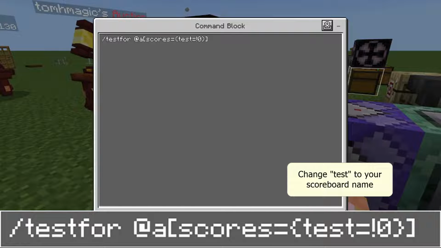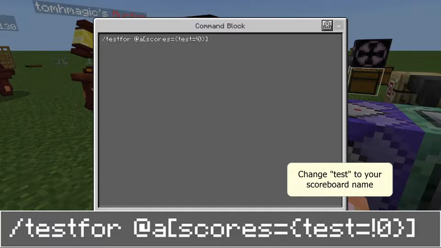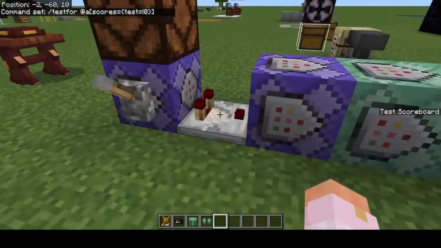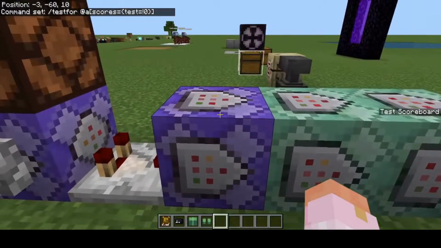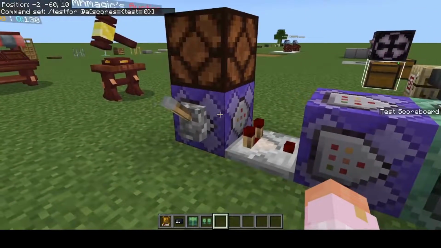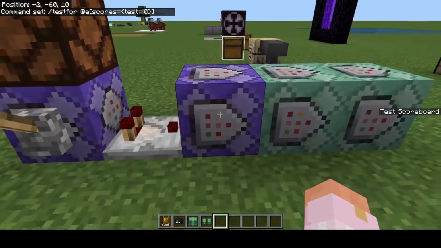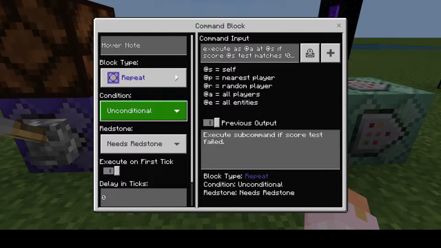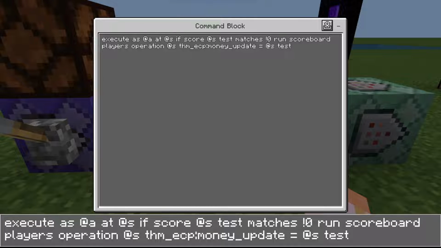So if it's money, coins, credits, cash, whatever you've called yours. This just needs redstone because I've got a switch for it, but you could have it always active and just a comparator going in to activate this. Like I said, this isn't 100% necessary, it's just something I do. Going into this, it either needs redstone if you're using the comparator system, or always active. This is your main